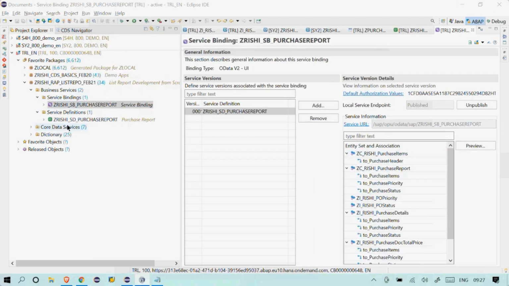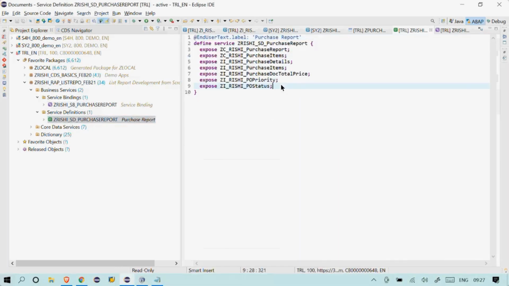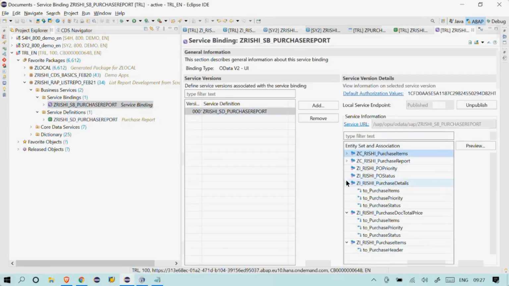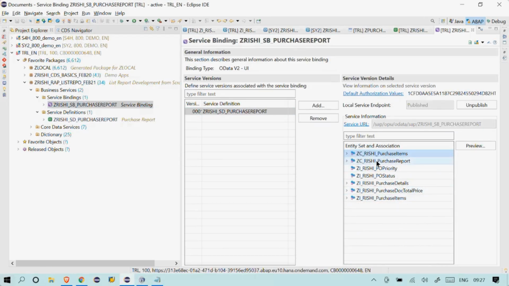Here you can see the entities, the CDS entities that you have exposed, will be part of your service. Let me close it here. Basically, at the consumption view level only we add all the annotations. So let's run this one. Choose your main report, the header kind of report, the root CDS view, and click on preview, or you can directly double click here.